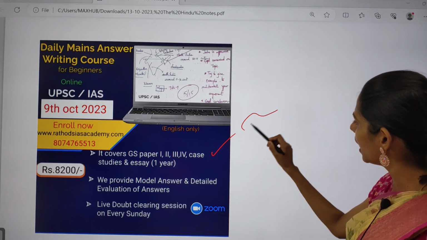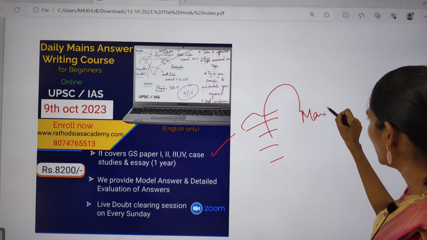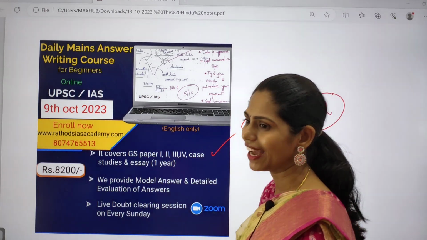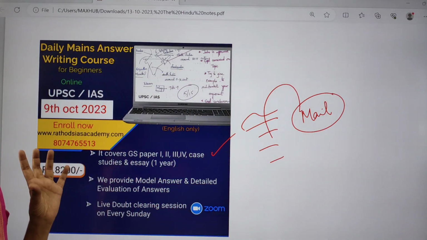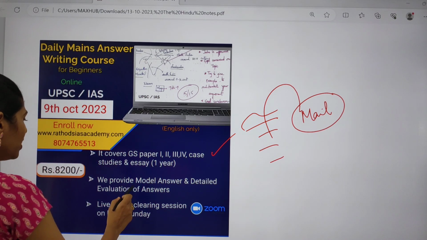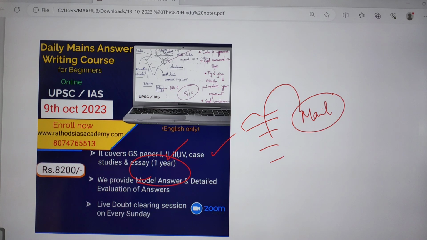And you have to write the answer and send your answer to our mail ID. And you will be getting evaluated. And we will be resending your evaluated copy with the detailed feedback to you again. And you will be checking your paper and improving on that. And we are also providing the model answer for each and every question, essay and case study, so that you